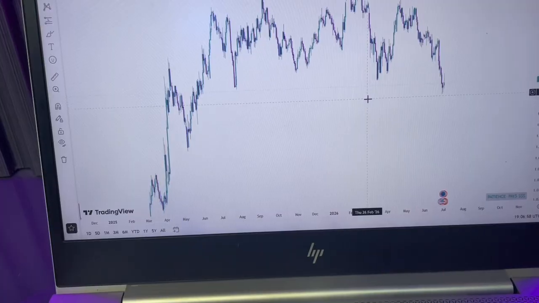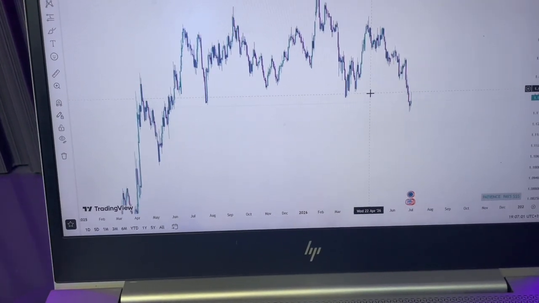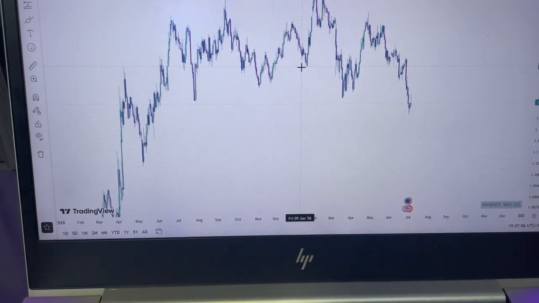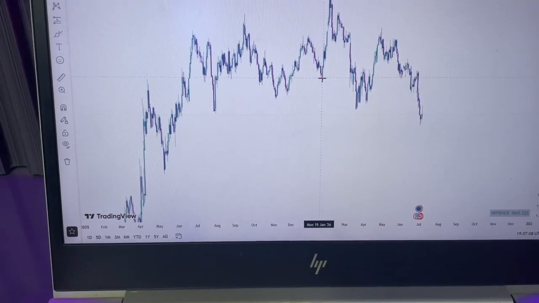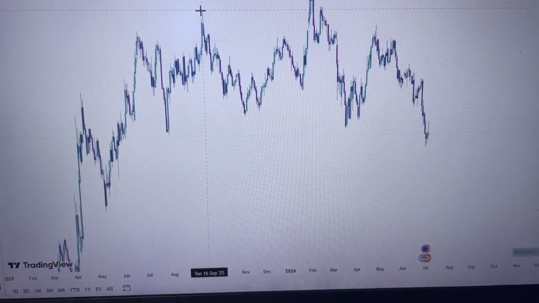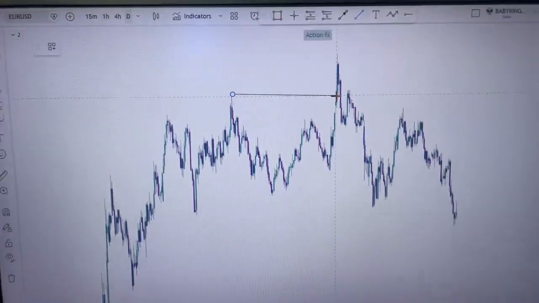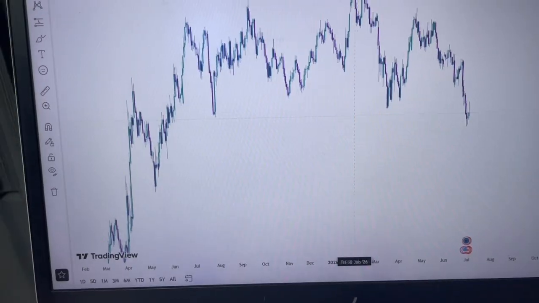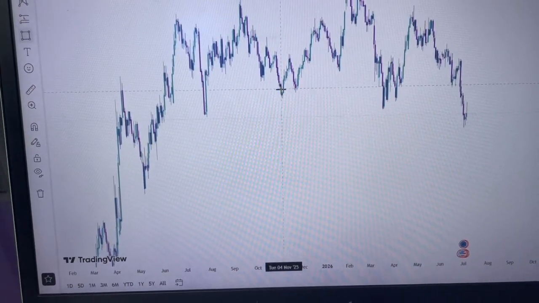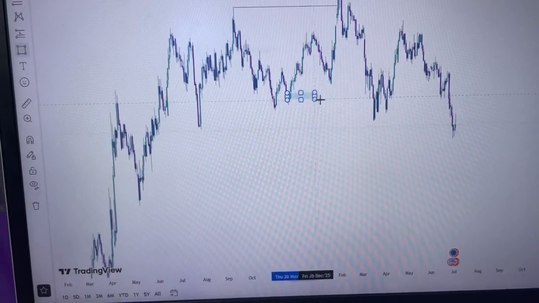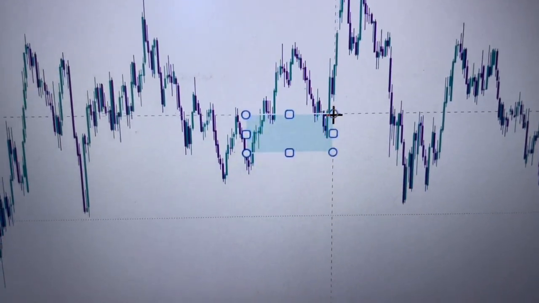On my daily time frame, what I'm currently seeing is that price has shifted structure from bullish to bearish. This is why I say this. In the daily time frame, this is a valid break of structure to the upside on Euro USD, which signifies that whenever price gets to this particular demand zone, a demand zone somewhere around here, or even somewhere around here as well, but let me use this,